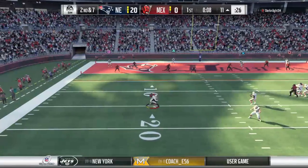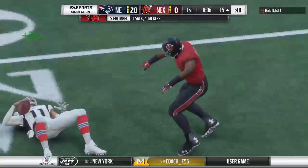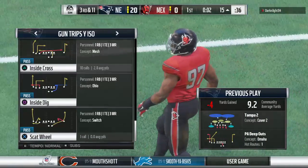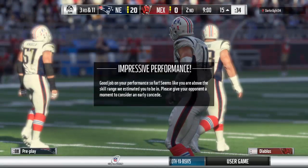Steps away to his left. And he can't get rid of it. He's taken down. And on that one, the protection just broke down. You've got to have that